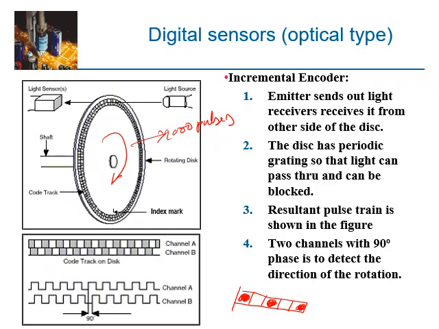To overcome this problem, you have another channel. This channel is called index mark. This will have only one window in one whole revolution. So what we will do initially, once you turn off the machine and turn it on again,